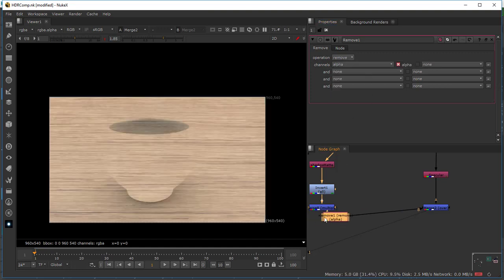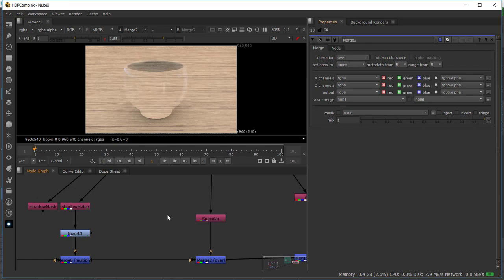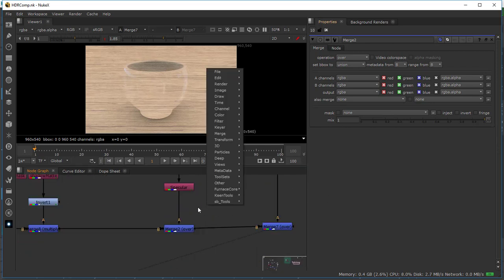Nope. Remove the alpha channel from my specular. Nope. All right, it still doesn't want to play nice, so I'm going to